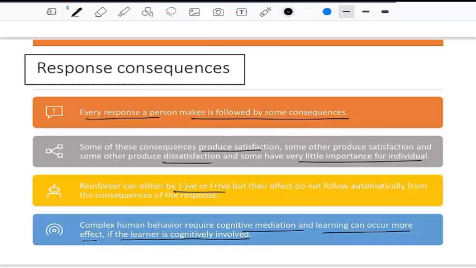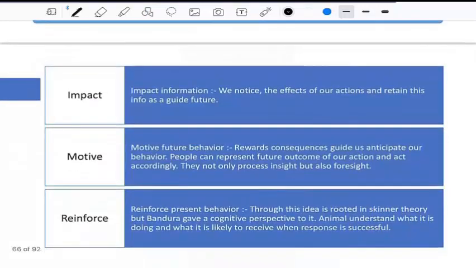And response consequences have three functions: impact, information, motive, and reinforcement. We have noticed the effect of our action and retain this info as a guide for the future. Retain, you retain something. कोई भी इफेक्ट हुआ, लाइक आपने कुछ भी हॉट ऑब्जेक्ट को पकड़ा और उससे आपको जल गया, तो वो आपके फ्यूचर एक्शंस में एज ए गाइड के काम करेगा, क्योंकि वो आपने रिटेन करके रखा हुआ है। जैसे चॉपस्टिक से आप खाना सीख रहे हैं, चॉपस्टिक से आपने कैसे खाया और वो गिर गया, तो आपका वो एज ए गाइड करेगा, ऐसे मुझसे गलती हुई है, अभी मुझे चॉपस्टिक को ऐसे पकड़ना है। ठीक है, तो दिस इज अबाउट इम्पैक्ट।